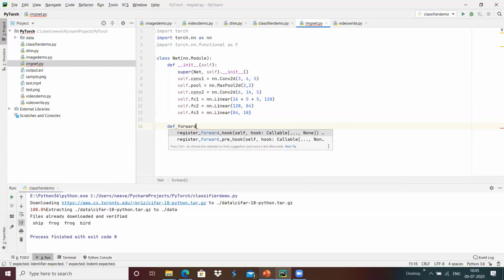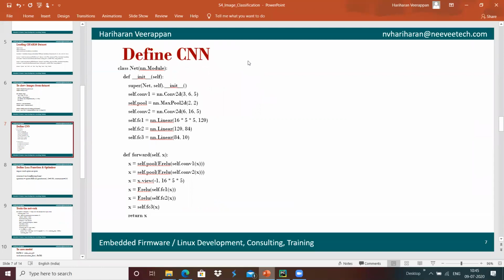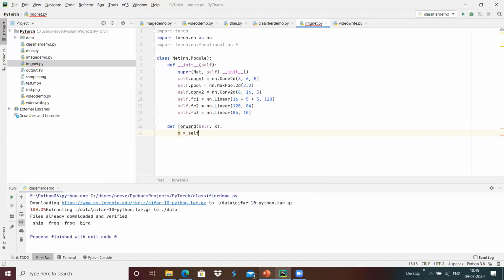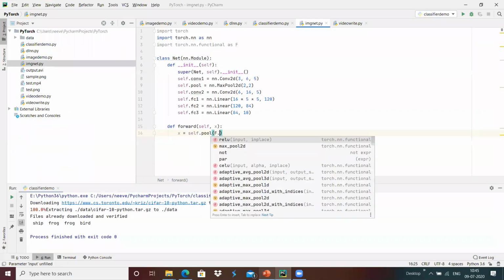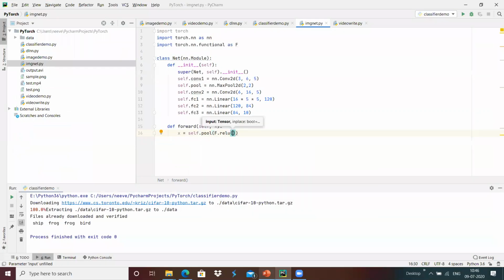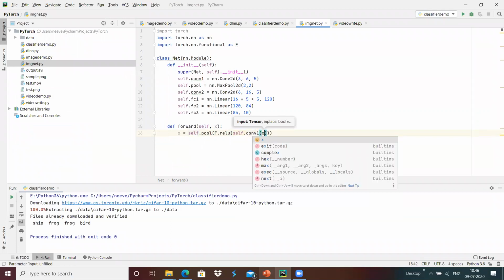I'm going to do forward of self, x. x will be the input to the forward function, and we are going to use x equals self.pool, and inside that we apply the ReLU-based activation function, F.relu of the input, which is self.conv1 of x.